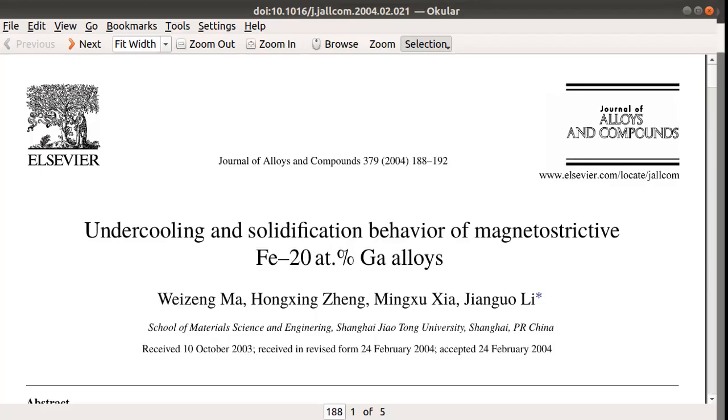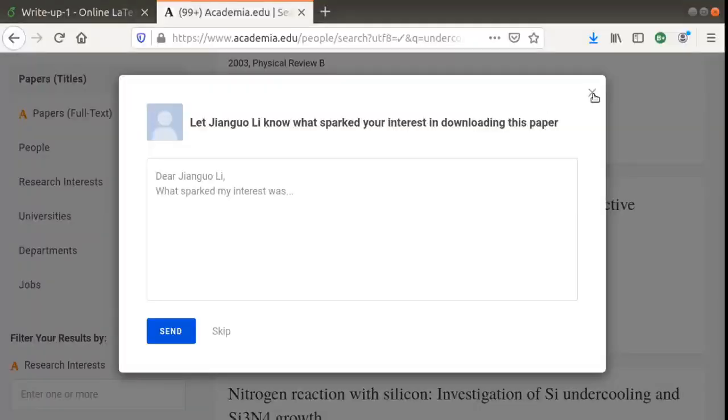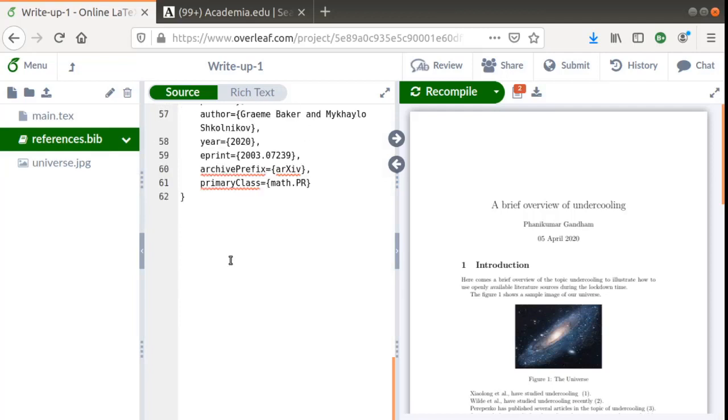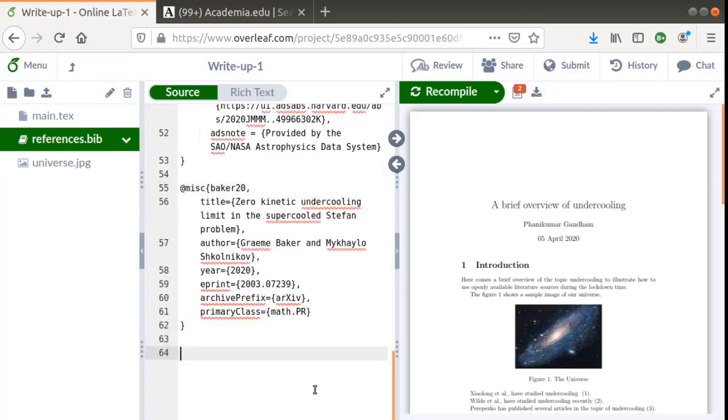Here you would see that the name of the journal, Journal of Alloys and Compounds, the volume 379, the year 2004, the page numbers 188 to 192 are given along with the title and the authors. This information is now sufficient for us to enter the bibliographic information manually into the bib file. So for that, what we would do is come to the references file, and at the end you could then add it manually,